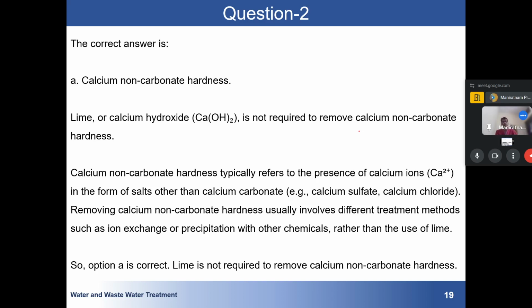Why is it A? More detail has already been discussed in your online session, so I am just reading; I have taken this from there only. So the correct answer is calcium non-carbonate hardness. Why calcium non-carbonate hardness? Lime is not required to remove it, because this calcium non-carbonate hardness is, what I said,